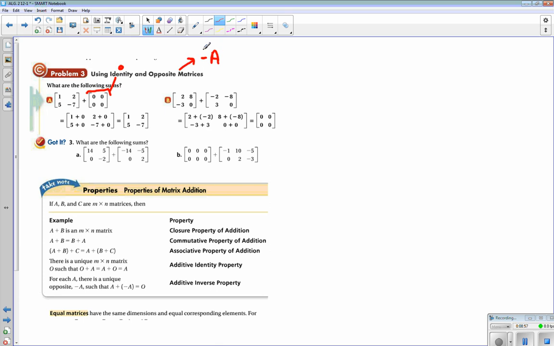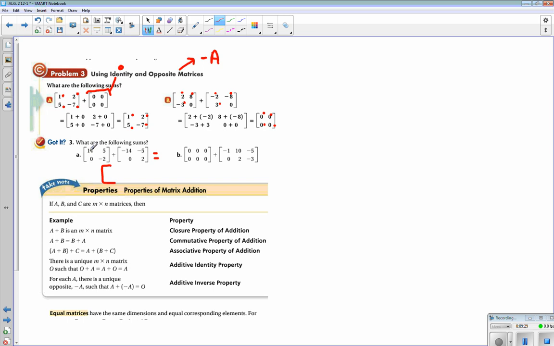So in this case, if I added 0 to each of these elements, I would get the exact same matrix that I started out with. And if I added the opposite of each of these elements, then I would end up with the zero matrix. So let's look at this got it problem